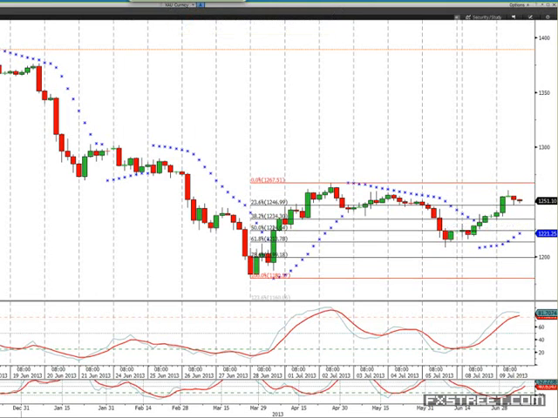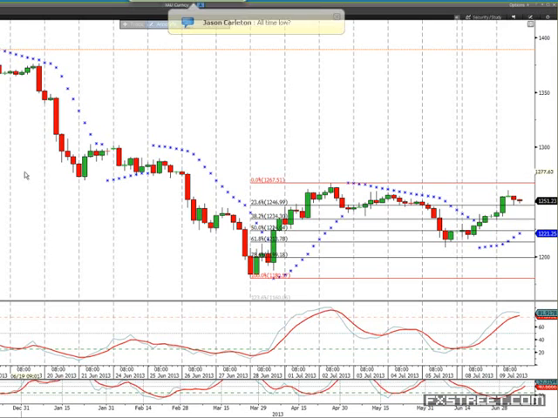Health status of the Aussie dollar. I'm not sure what you mean by that, but I wouldn't fight the trend at the moment. We've found some decent support in the Aussie dollar, a good Fibonacci level on the weekly chart. The all-time low of the Aussie dollar, let me go back to it for you.